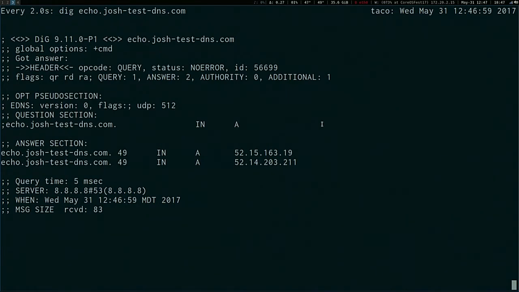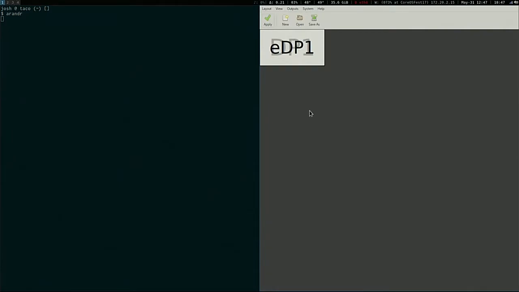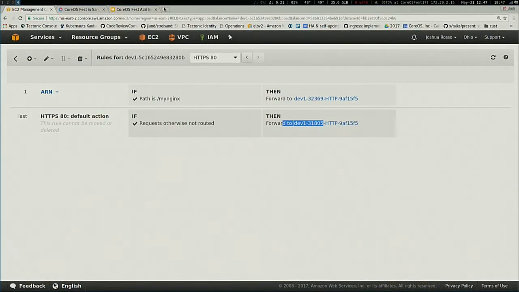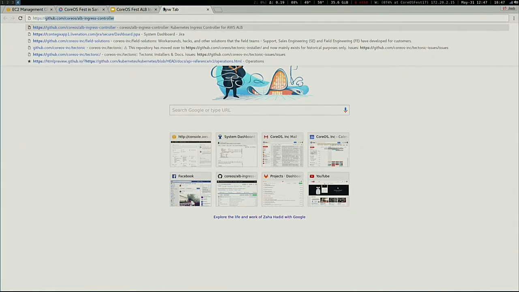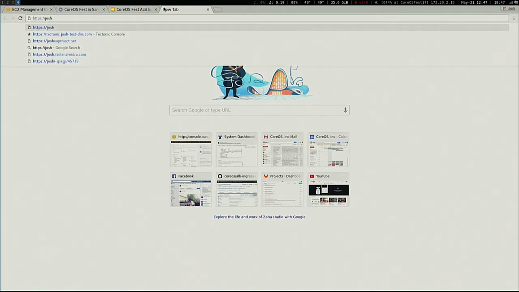We now have our IP addresses. So clearly, I won't bother going to Route 53, but clearly the DNS record has been created here, and it is now pointing to the ALB itself. Very good. So since that's pointing to the ALB itself, if I come into a web browser real quick, and inside of this web browser, I go to HTTPS, Josh test DNS, actually it was Josh,